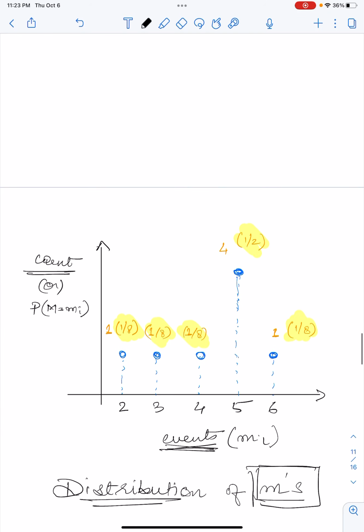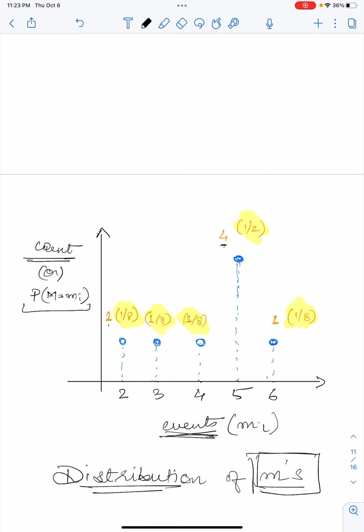Let's get some insight as to what we mean every time we say a distribution or probability distribution. In our second setting, we had 1, 2, 1, 3, 1, 4, 4 of 5s and 1 6. So this is how these amounts were actually distributed in the bank. These many 5s were there, these many 6s, these many 1s, 3s, and 4s.